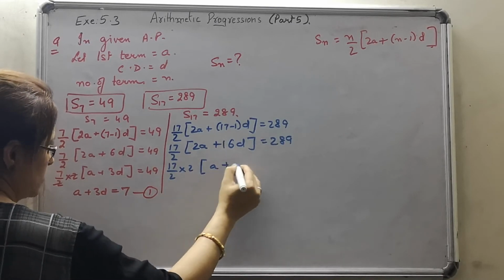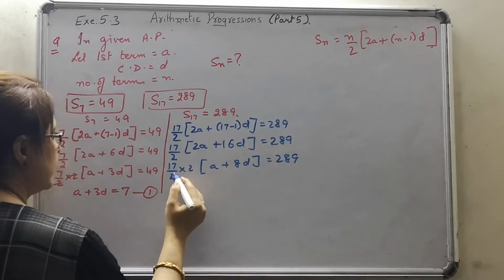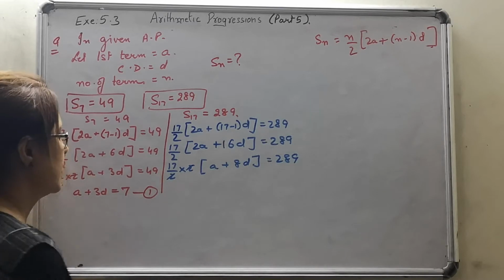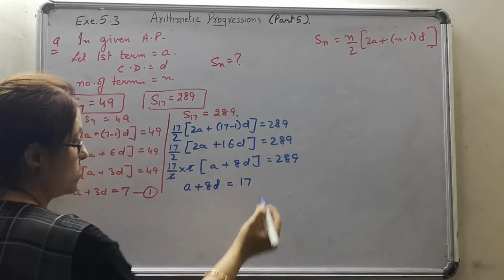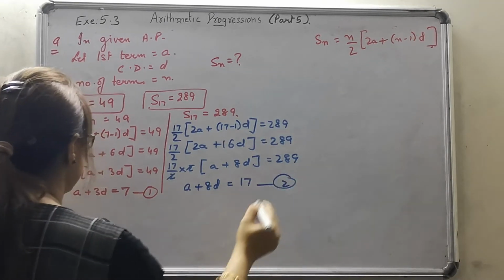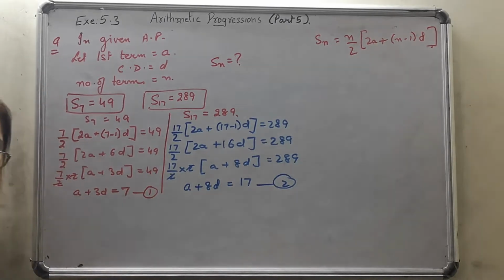This is 8 plus 8d is equal to 289. Let's cancel this 2. So 17 can go and divide the other side. We get 8 plus 8d is equal to 17, because 17 square is 289. This is your equation number 2. Now you have 2 linear equations with you, and I'm going to apply the technique of